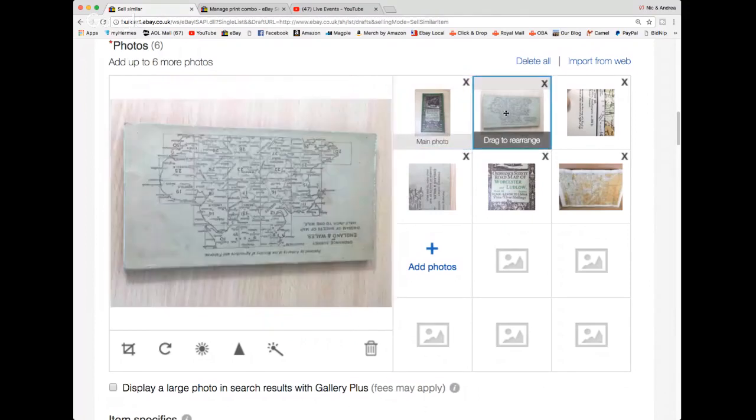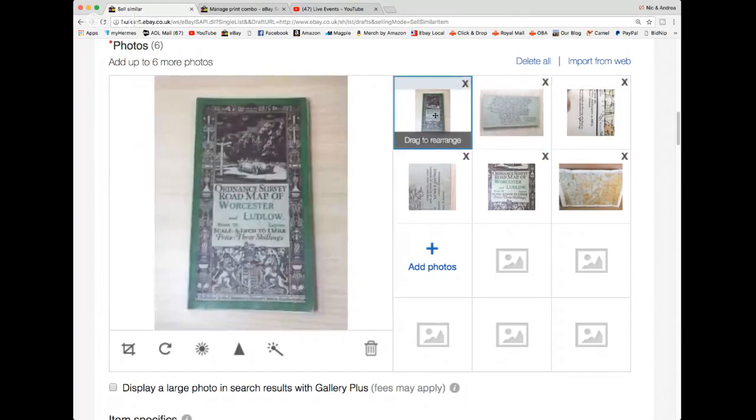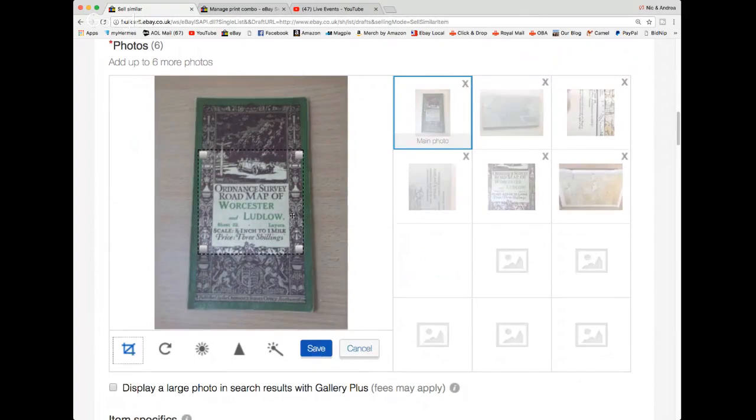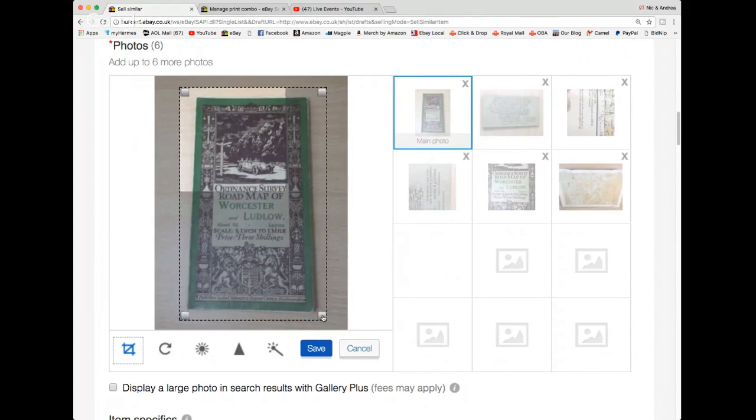And then if you click on them, they will appear in this main window over here, and then you can edit them. So if we start with the lead picture, you've got these little icons down the bottom. The first one is crop. So this picture could do with a bit of that background cropping out. So you get this little box, you move that around with the cursor. Anything within the box that is highlighted is what's going to be the picture once you crop it. So if I pop it there and then drag that corner out,